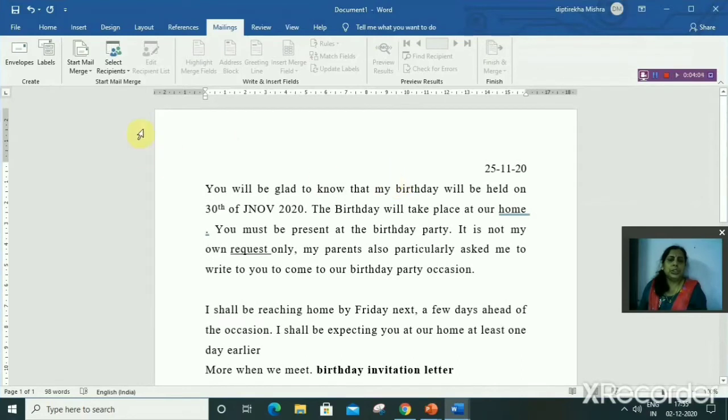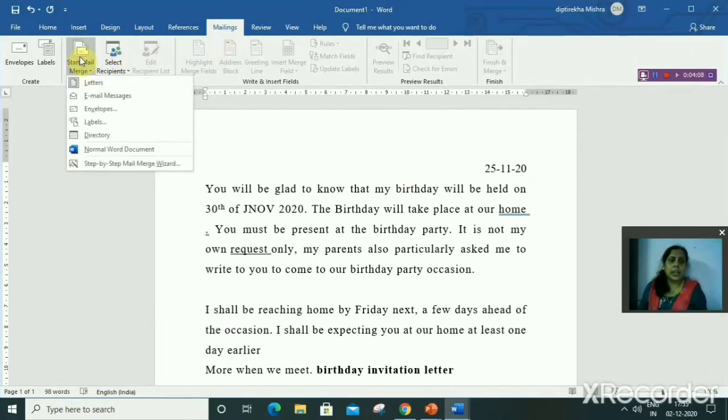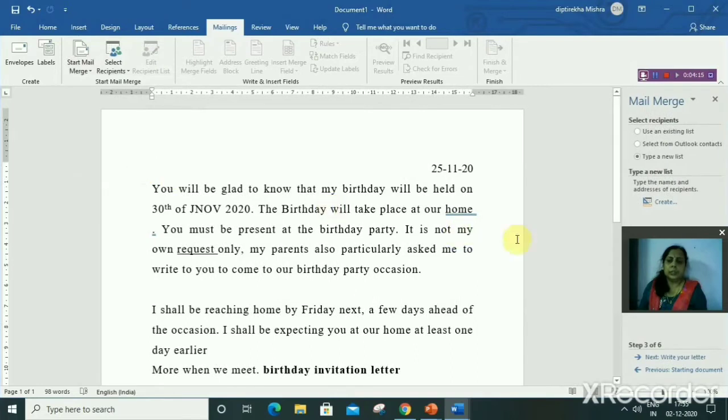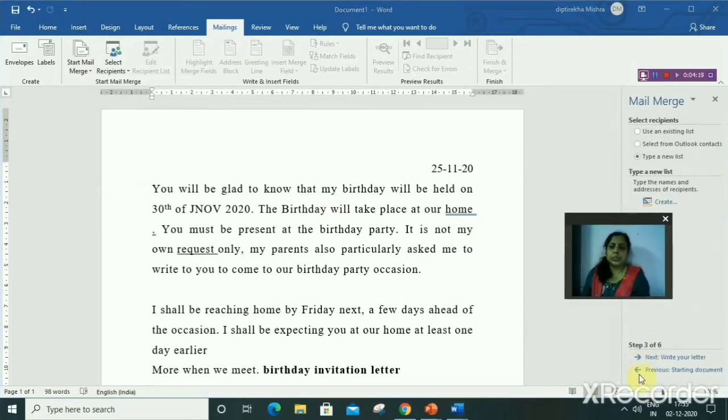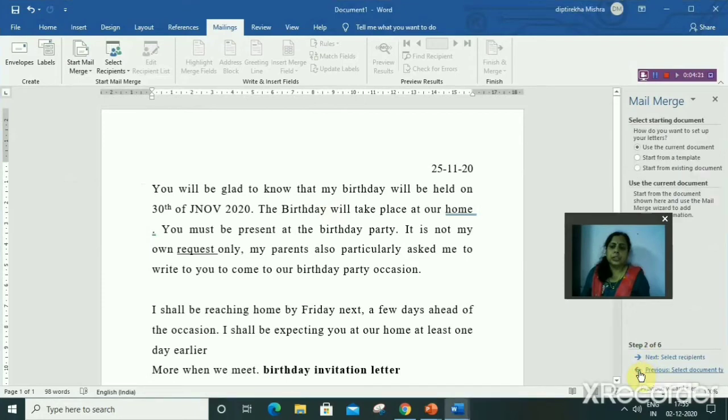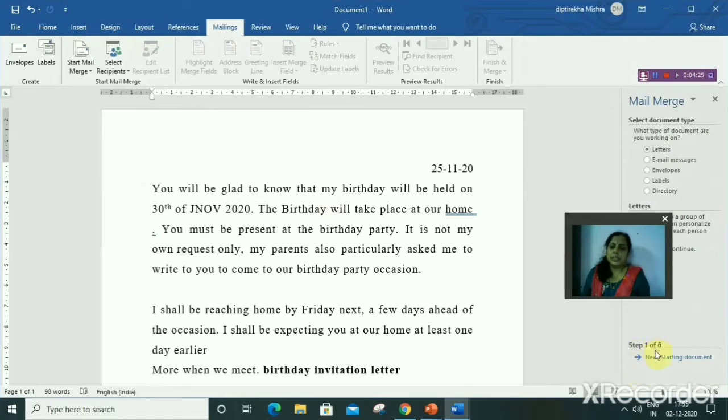For this I will click on the Mailings tab and select Start Mail Merge, and from this I will select Step by Step Mail Merge Wizard. The step by step mail merge panel has 6 steps.